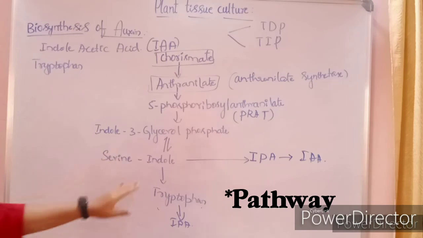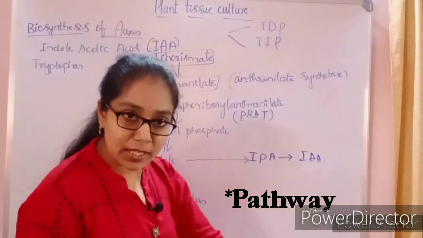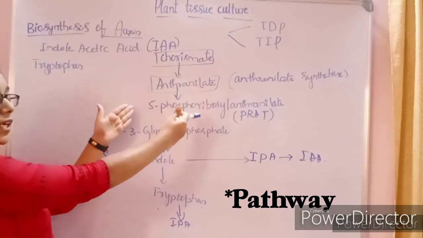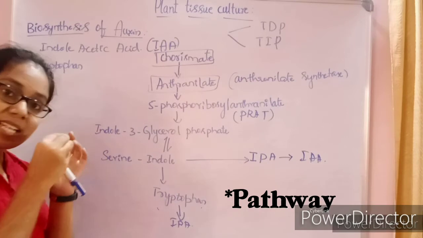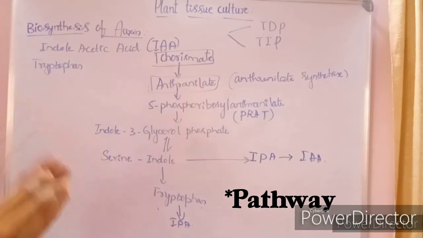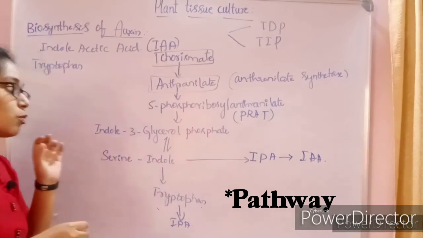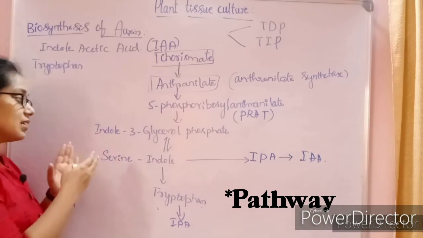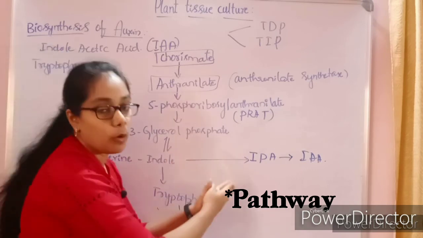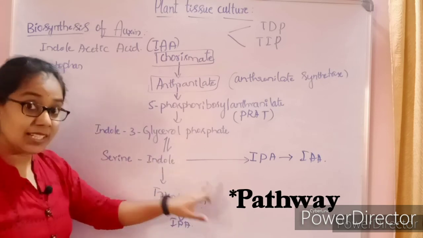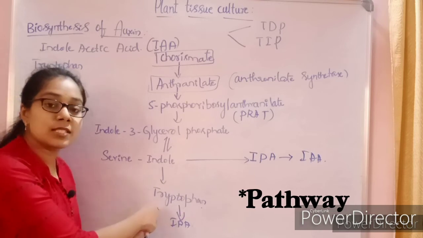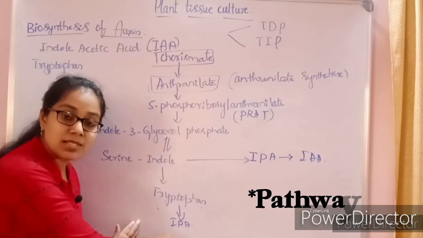So even in the case of the tryptophan independent pathway, chorismate will get converted into anthranilate, and anthranilate will get converted into 5-phosphoribosyl anthranilate, and 5-phosphoribosyl anthranilate, in the presence of the phosphoribosyl anthranilate transferase enzyme, will get converted into indole 3-glycerol phosphate. So here indole 3-glycerol phosphate gives rise to two products, serine as well as indole. Serine gets degraded, whereas indole, instead of producing tryptophan,